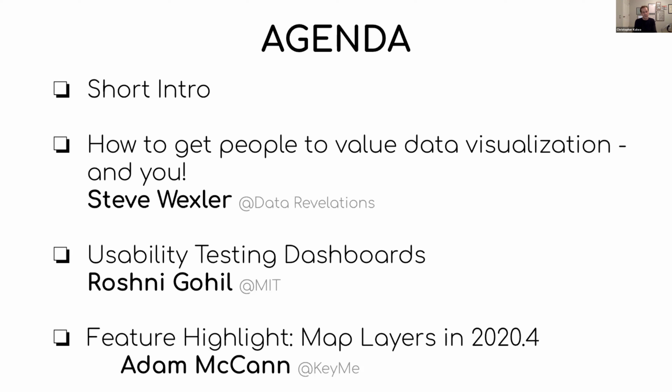And finally, we typically like to have Tableau lightning tips, a set of 5 minutes of quick Tableau tips. But in light of the activity on Twitter this weekend from Adam and a couple of other community members like Luke Stankey, Jeffrey Schaefer, Mark Reed, and Sam Parsons, there's a lot of great functionality out of a new feature in Tableau around the map layer. So we thought this would be a good time to bring that in to show what's available in 2020.4. So Adam is going to be walking us through that.